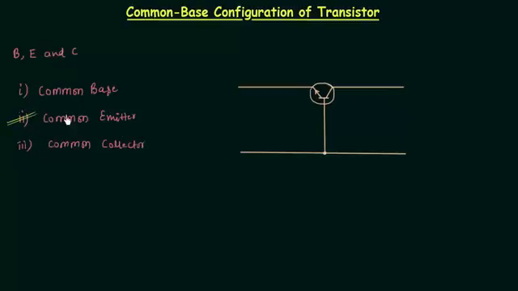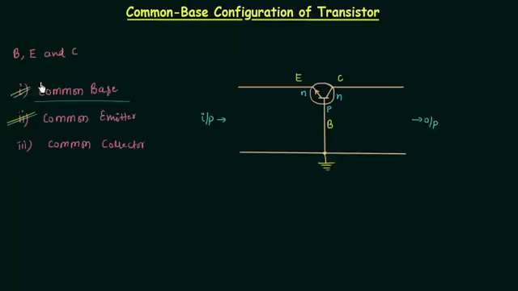In this lecture, I will explain common base configuration. In common base configuration, base is common to input and output circuit. This is input circuit. This side is input side and this side is output side. If you see the direction of emitter current in the transistor symbol, you will find this transistor is a PNP transistor, in which this is emitter, this is collector, and this is base. So base is common to the input circuit and the output circuit, and it is grounded